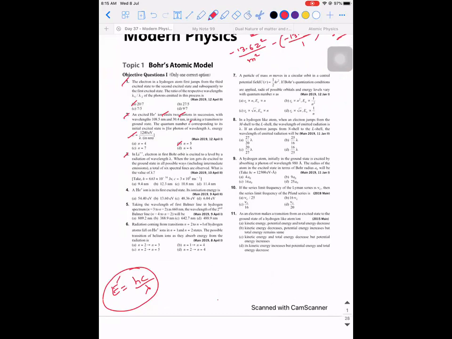By absorbing certain, so lithium ion in first Bohr orbit, there is an electron in the first Bohr orbit. It is excited to a particular orbit by giving it a wavelength of lambda, right? So it is in an excited state. When it is getting de-excited to the ground state in all possible ways, including intermediate emission, a total of 6 spectral lines are observed. What is the formula for the number of spectral lines?